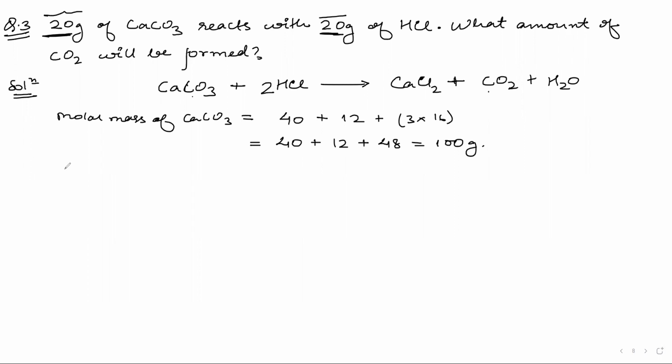Right. Now molar mass of HCl, it is equal to how much? For hydrogen, it is 1 gram. Chlorine is 35.5. Where do I get these masses? You have to get these masses from page number 240, or page number 232 if it is the old book. 234 and 232.